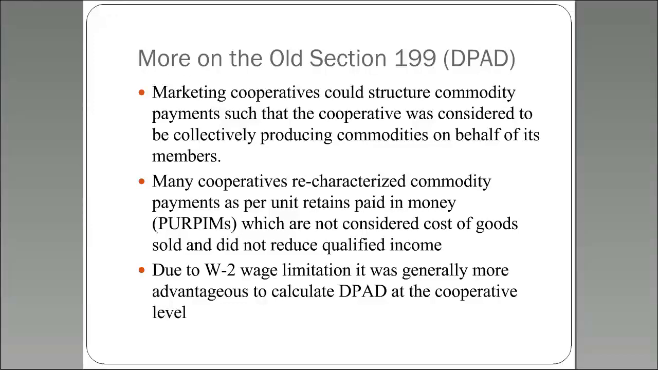And so once the co-op did that, then they could actually distribute DPAD onto their members, and so some members were actually getting more DPAD passed through from the co-op, even if it was only part of it, than they would have gotten if the co-op had chosen not to do it and they tried to take it all on their own level. So complicated, but that's the old DPAD, and really came out of this concept that farmers are manufacturing, and so